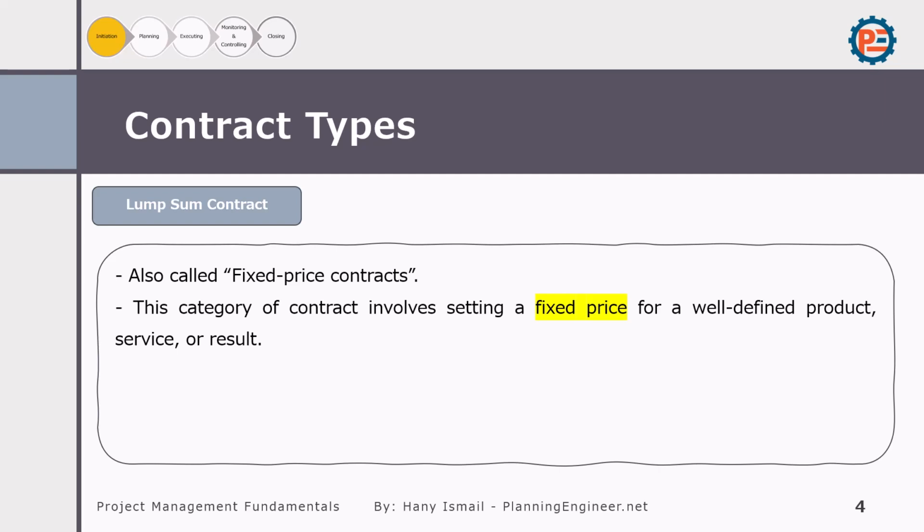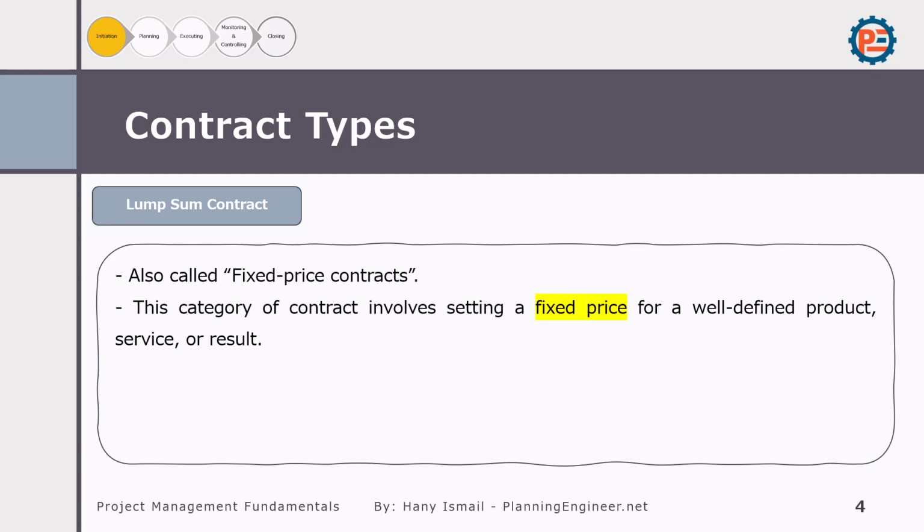The scenario here is a developer building a residential housing community with multiple identical units. The design, materials, and construction methods are standardized across all units, and the project scope is well defined from the beginning. So why use lump sum? A lump sum contract is suitable because the scope of work is clear and the cost can be accurately estimated. The contractor agrees to complete the entire project for a fixed price, which simplifies budgeting and ensures cost control for